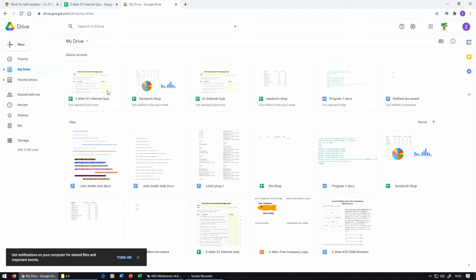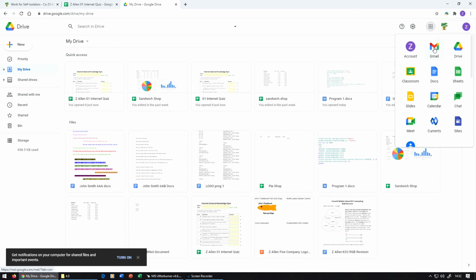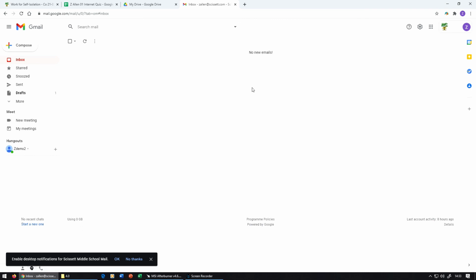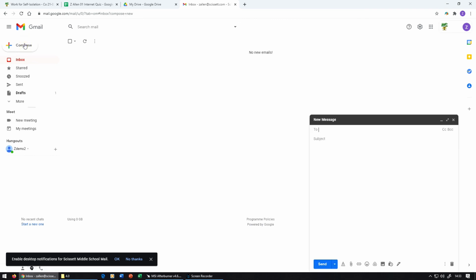From there then, what you need to do is go into Google Apps again, go on to your email account. Once you've got this open, you're going to go to Compose. You're going to send that to your teacher, and there will be an email address on the website. You can do that. Put in your name and whichever piece of work it is. So if we say internet quiz,